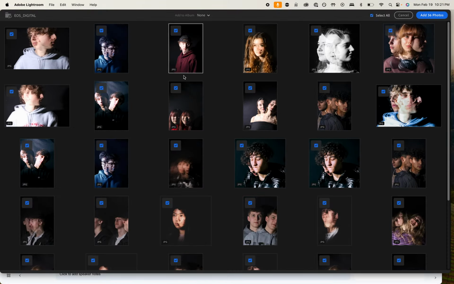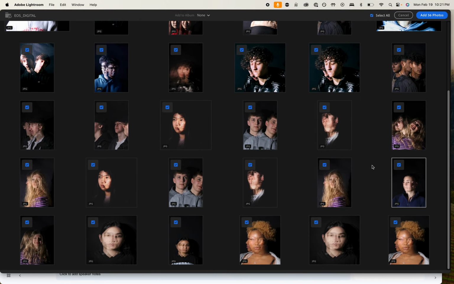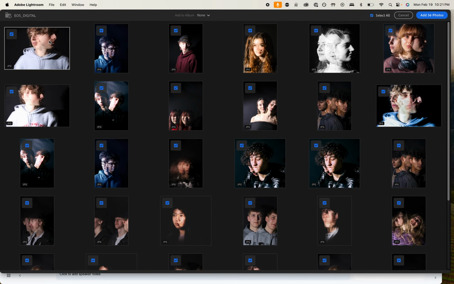So I'm going to call this one up. And on this memory card here, I've got some photos from our light painted portraits or two-face photos. All right, so you see they're already all kind of selected here. If they aren't already, you can highlight them all or hit select all, and you're going to import